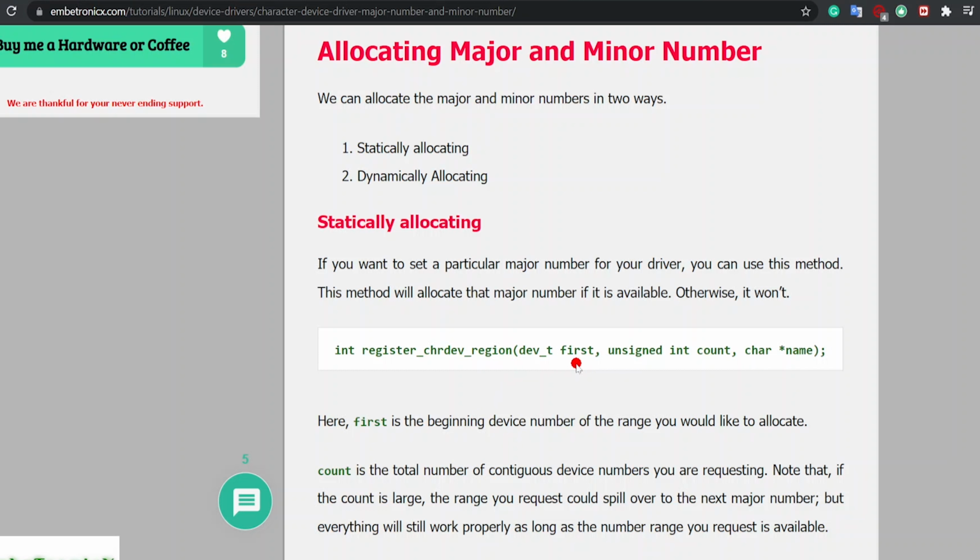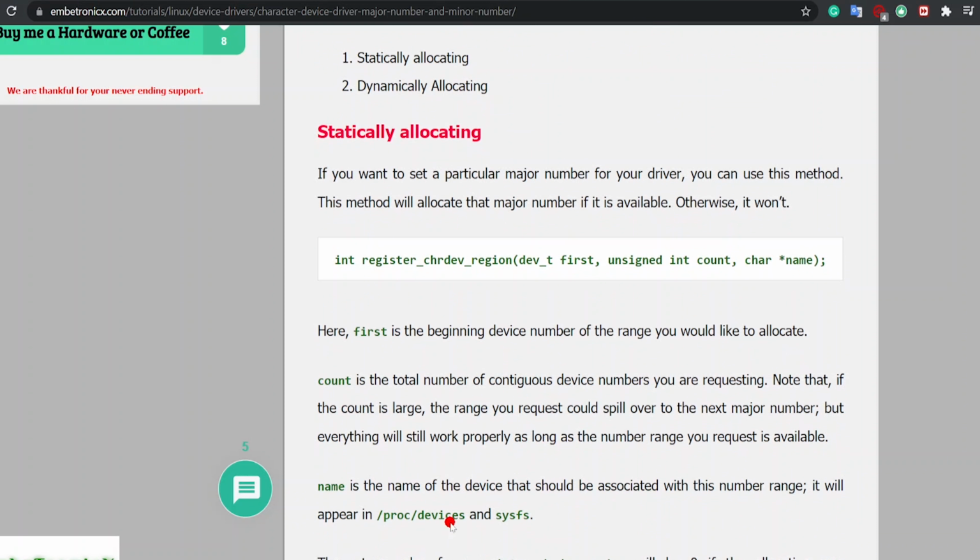The first is the starting device number that you are requesting. Count is the contiguous device numbers. The name will be available in the proc devices. This function will return 0 if it is successful. If the requested number is not available, it returns non-zero.